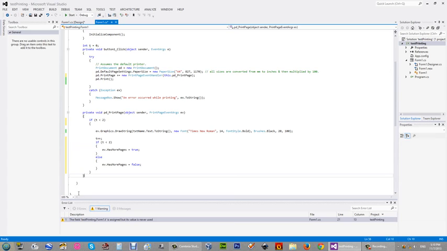Then it will exit from this method. Then inside the print document class, it will see whether there are more pages to print by looking at this property. Now in this previous run, it is assigned as true.